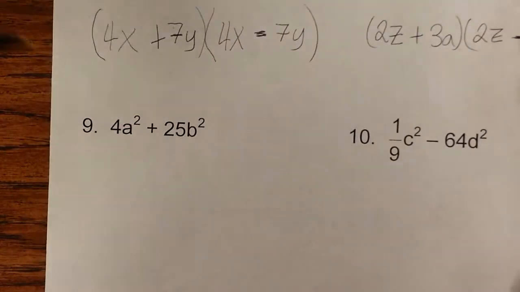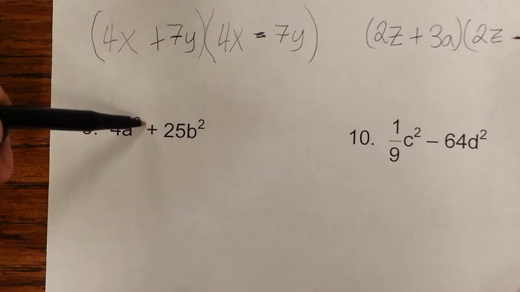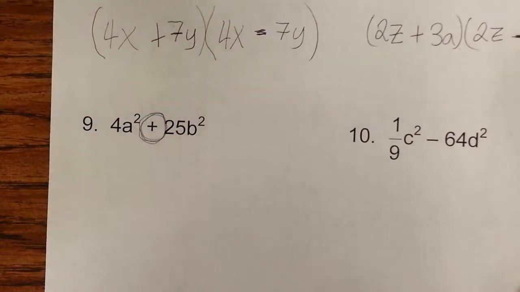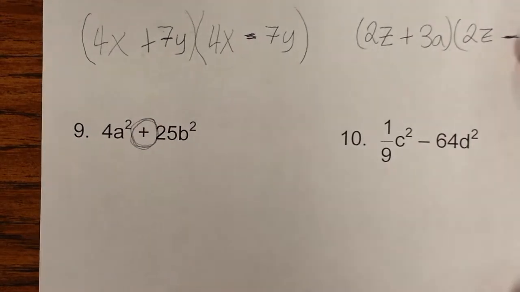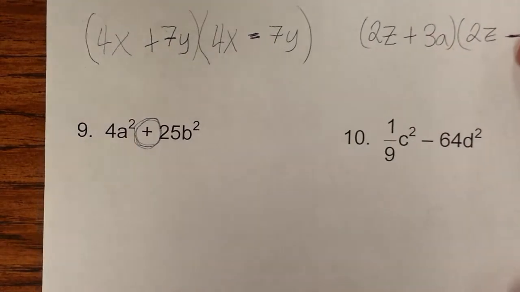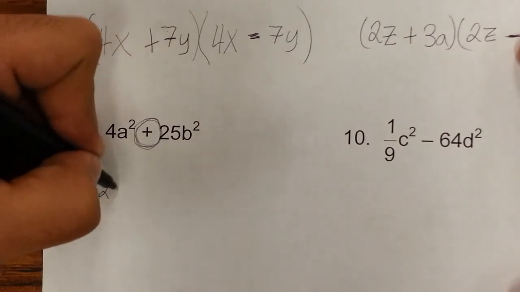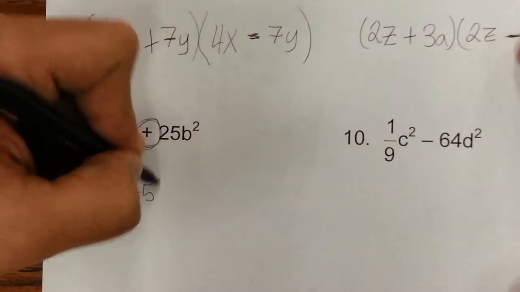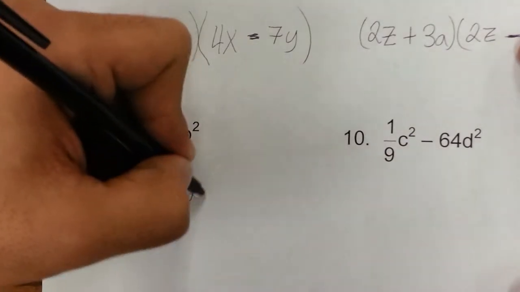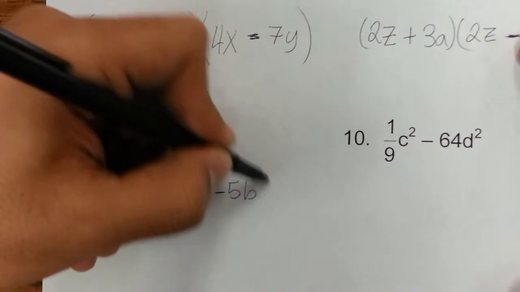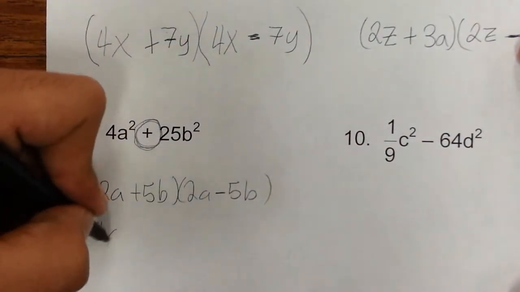Now if you'll notice on number 9, we don't have a difference of squares, we have a sum of squares. Unfortunately, our rule doesn't work in this case. Now, we'll write both cases. Let's say we wrote 2a plus 5b times 2a minus 5b. If we were to distribute this out, we would get 4a squared